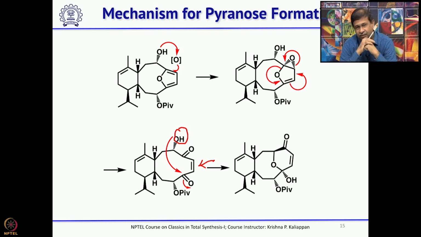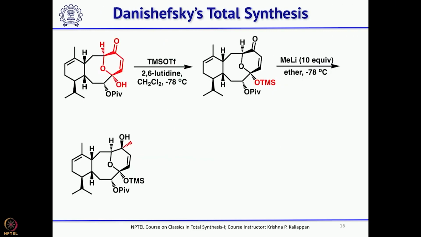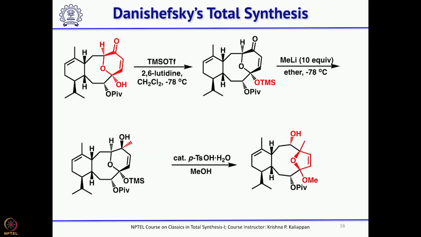Okay. And this is also good in one sense that if you look at the natural product, you need to introduce a methyl group here. So now this has become easy because you have an enone. Okay. You have an enone, then it should be easy to introduce the methyl group here. So how did they do? First